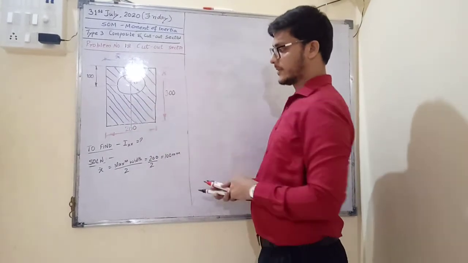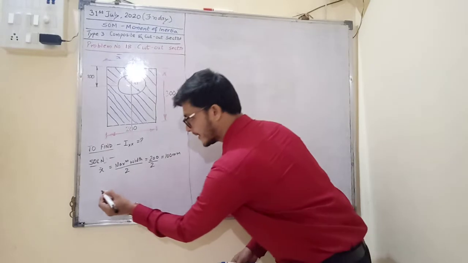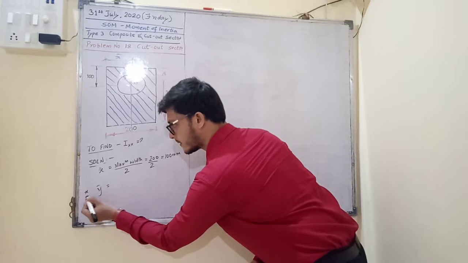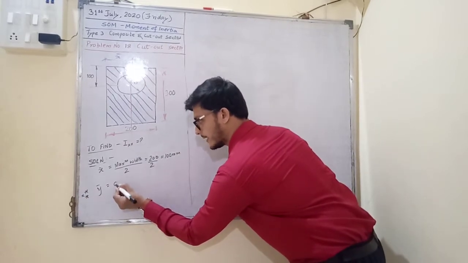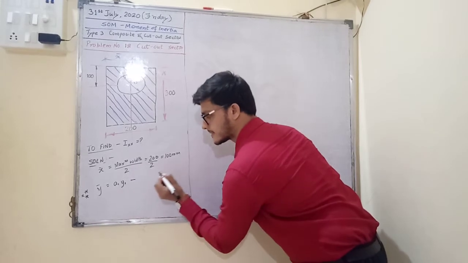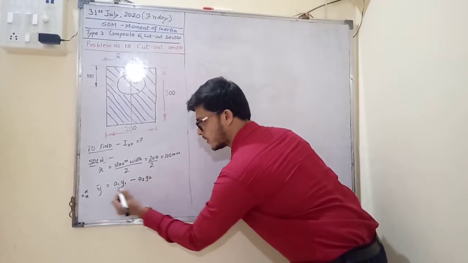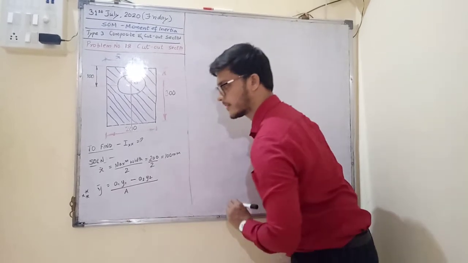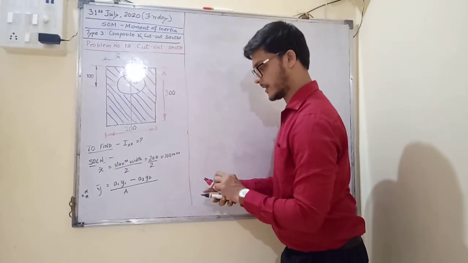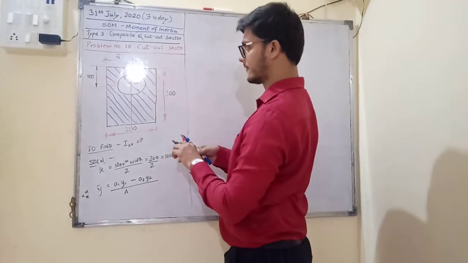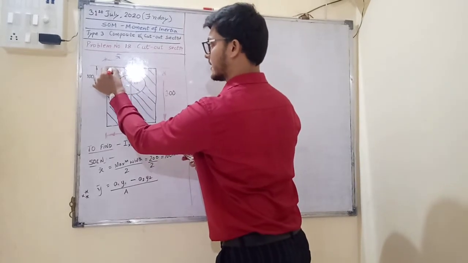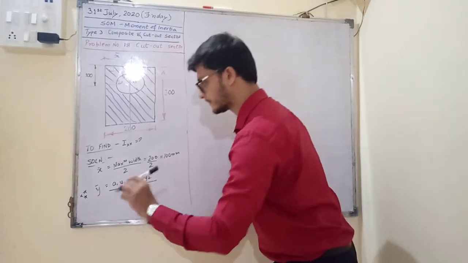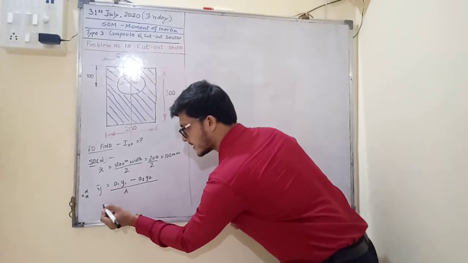Now similarly we have to look at y bar. So the formula for y bar, this is new. In this problem, this step is important. I am marking a star over here. Formula for y bar, watch out: A1 y1 minus A2 y2 upon total area. Total area will also be A1 minus A2. So here we will find one by one all the areas. We will number them first. I am numbering the rectangle as 1 and the circle as 2. Now I will find the areas, y1, y2 to get the final answer.